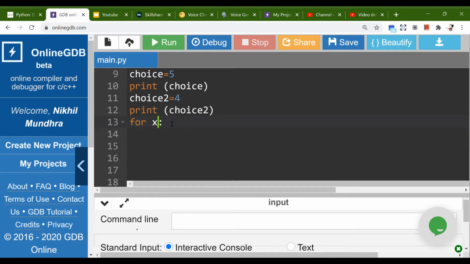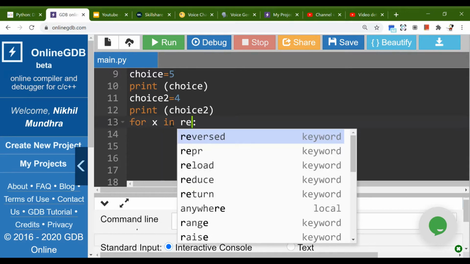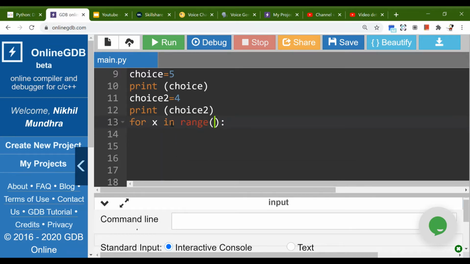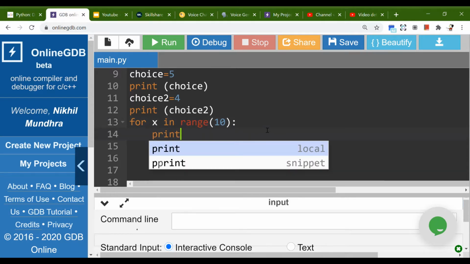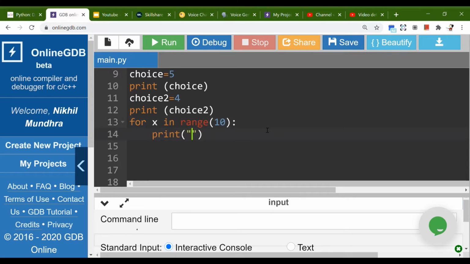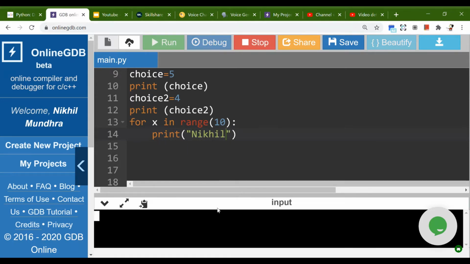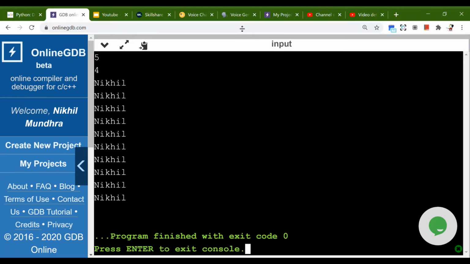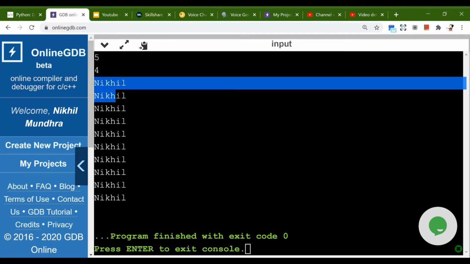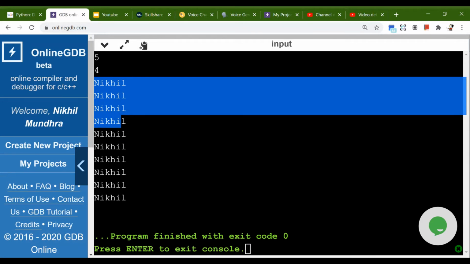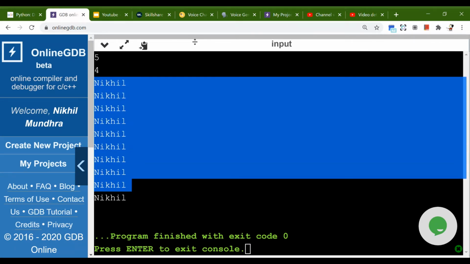Yeah, so in a for loop you need to put a statement, more like put it in a range. I'm going to discuss another aspect of it in the video of arrays, which I'm going to upload shortly. So you can put a printing statement right there, and I'm going to print my name. So it will print my name 10 times because the range was 10. So let's count it: 1, 2, 3, 4, 5. Yeah, so it's 10.